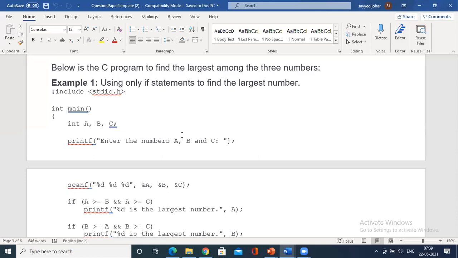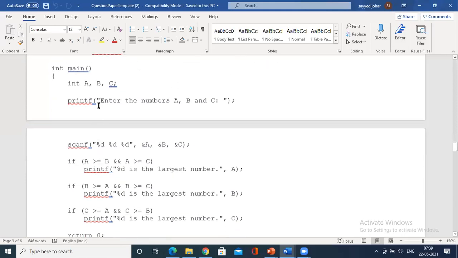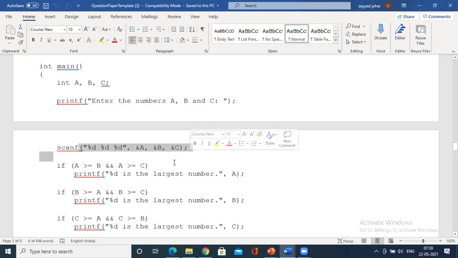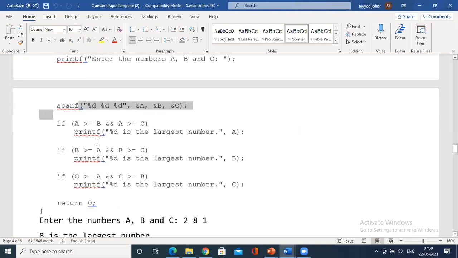So every Saturday, what I'll do is go with programming. I'll not go with the theoretical concepts. In this case, to find the largest number, you have A, B, C, and a simple printf statement. You know how to write a printf. The user has to enter 3 numbers from the keyboard. Once you enter them, as I said, as per the flowchart, first you compare 2 numbers, whether A is greater than B. How does it work? If it is greater, and we have a conditional AND operator.